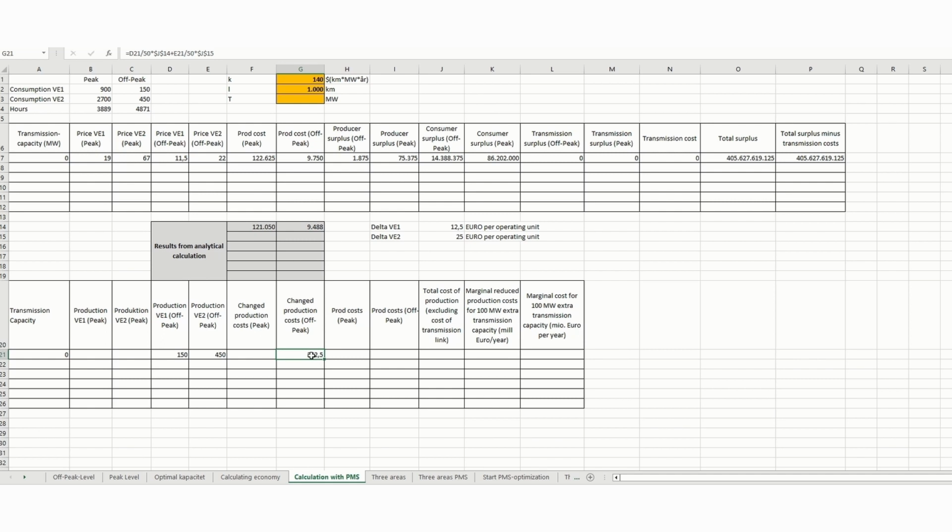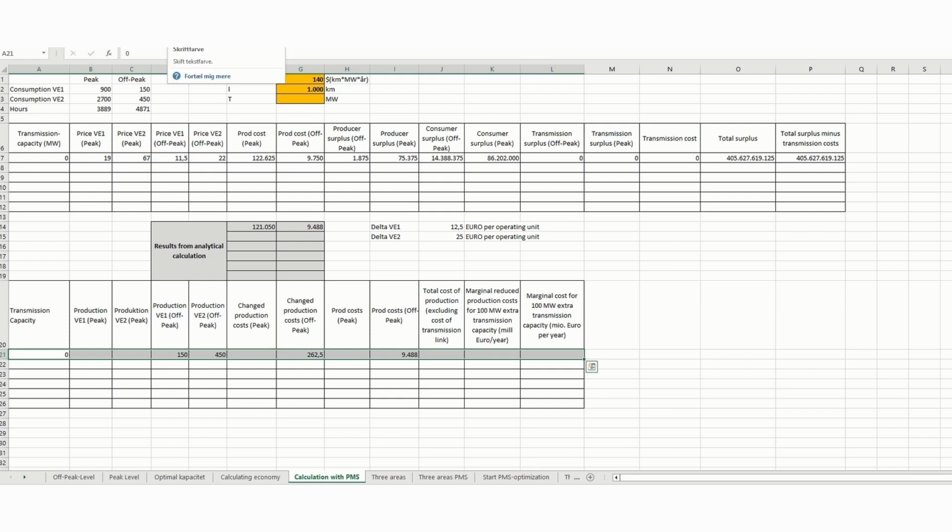And when we do that, we can calculate the corrected value here. And the corrected value here is, of course, the value from the power market simulator minus this value here. And this gives this value here. And you can see that this value is exactly equal to this value. So we have now found out that from the power market simulator, we need to correct for that we are approximating the straight line with a staircase curve. We can do that